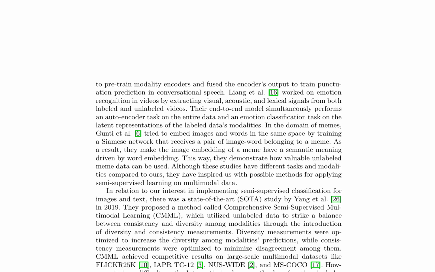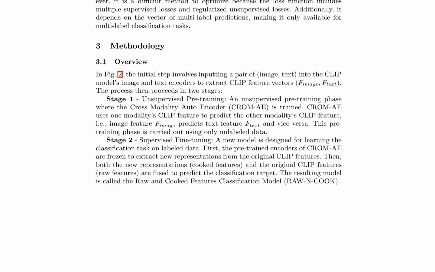The first stage involves unsupervised pre-training using the cross-modality autoencoder, CroMAE, which is trained to predict one modality's CLIP feature from the other. The second stage involves supervised fine-tuning, where the pre-trained encoders of CroMAE are frozen to extract new representations from the original CLIP features. These new representations, along with the original CLIP features, are fused to predict the classification target, resulting in the raw and cooked features classification model,